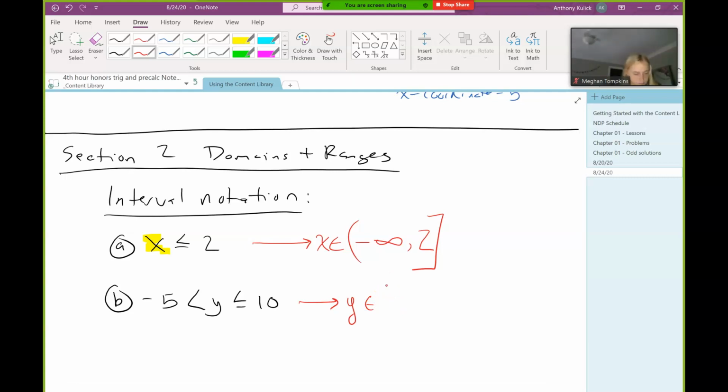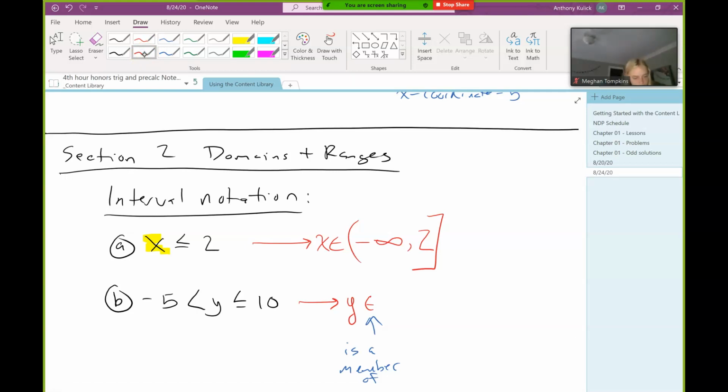Since we're going to be talking about domains and ranges, it's important to differentiate whether we're talking about the set of x's or the set of y's. So we're going to be specific here and use that little notation to indicate whether we're talking about a domain or a range. Is everybody okay with that? And that little symbol's like a curvy E. It's just the symbol that means is a member of. Because an interval is just really a set of numbers, right?